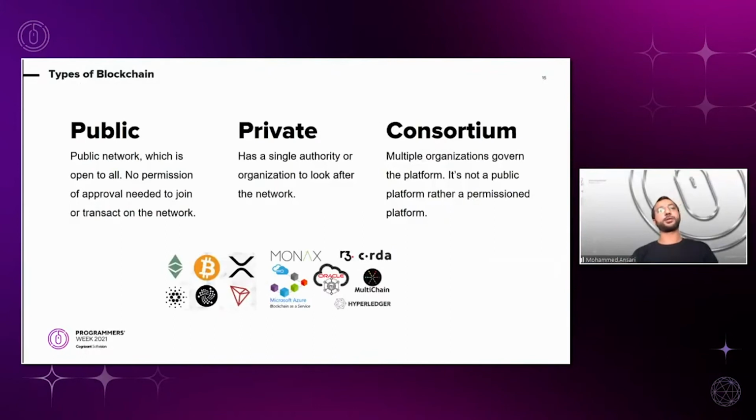Now, in terms of blockchains, there are a number of different ways of classifying them. For example, you can differentiate blockchains with the help of the consensus algorithms they use. Many of them use very different algorithms, but I just tried following one of the ways here. It is based on the permission that you need to take when you're going to join the network. So public, private, and consortium are 3 different kinds of blockchains.